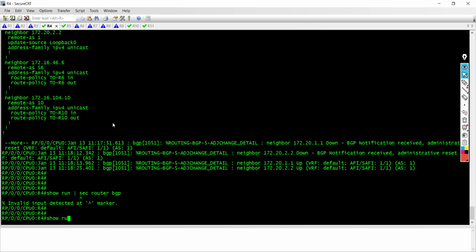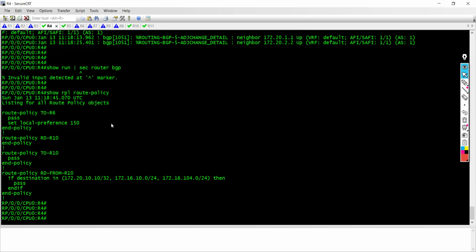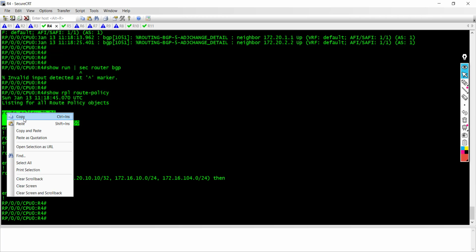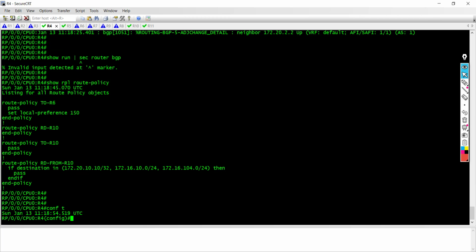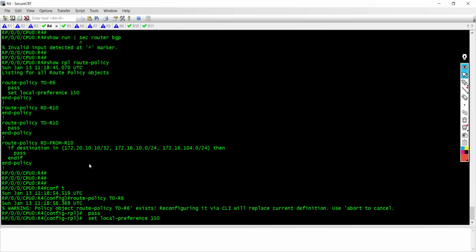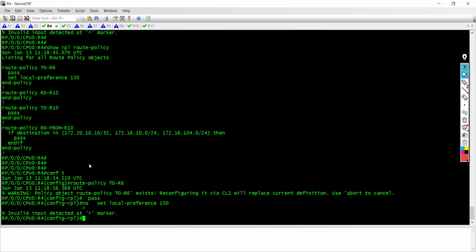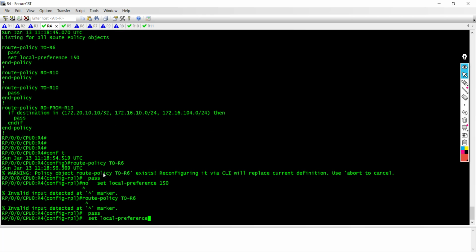BGP. Show RPL route policy. So here I'm going to remove it from. Oh, it's still there. So let's remove this policy. So I'm just going to copy. Let's paste it back and say no. Okay, so let me just paste it back. Paste. So I'm going to remove this